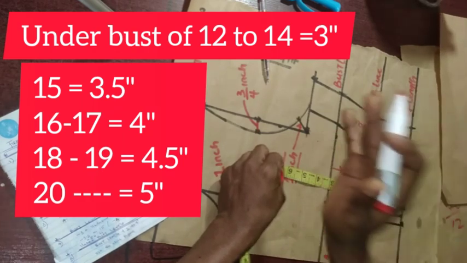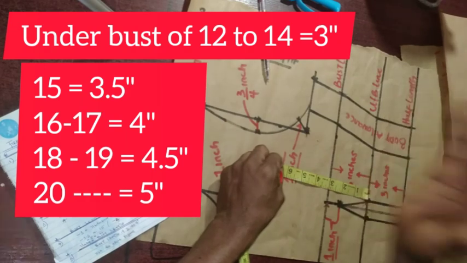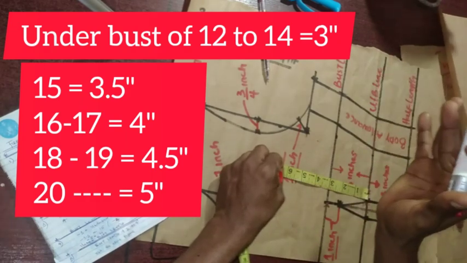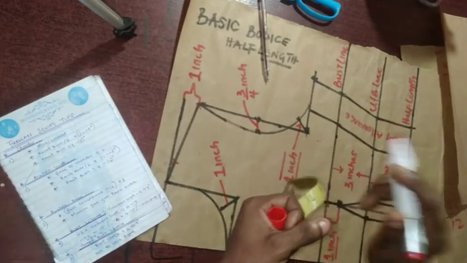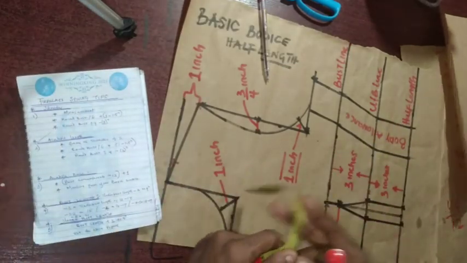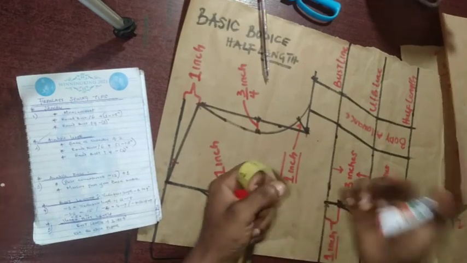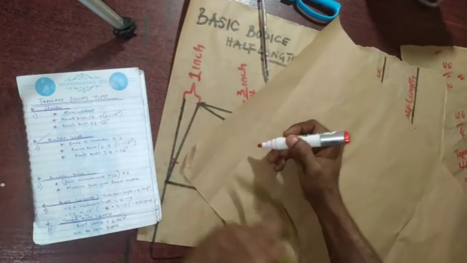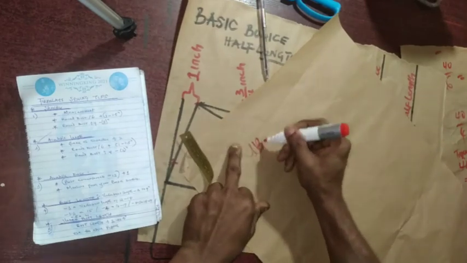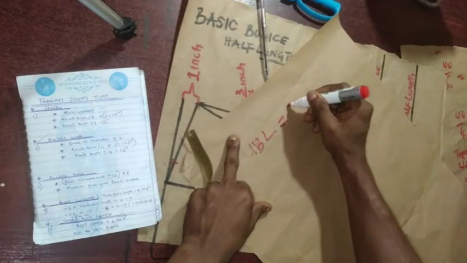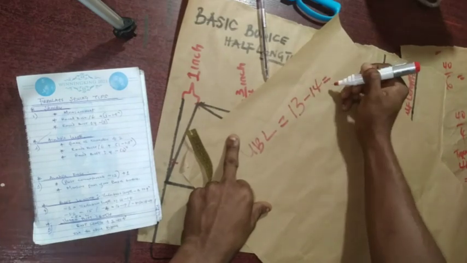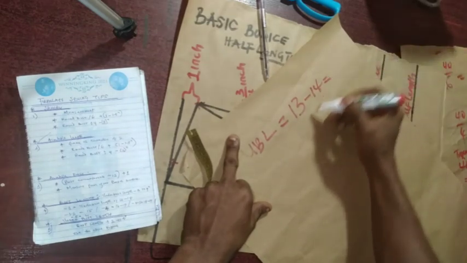I said 13 to 14 is minus 3. Subtract 3 from your under bust length, you get your bust length. Okay. Then 15 is minus 3.5. Please, I want you to know that 15 is minus 3.5. Now, see what I mean? For under bust length of 13 to 14 inches, for you to get your bust length, it is